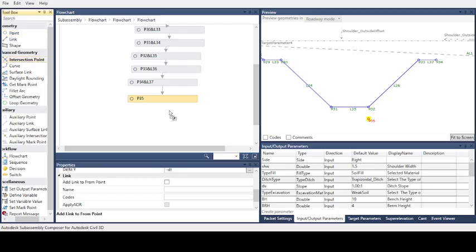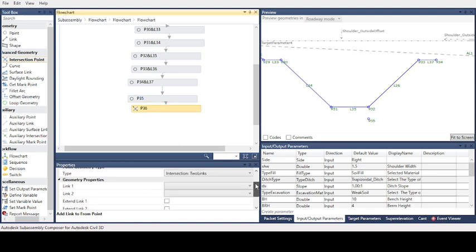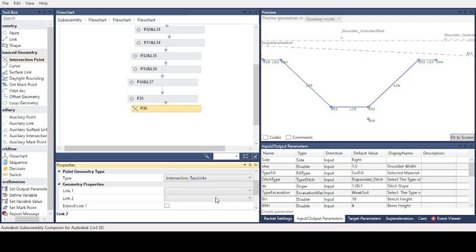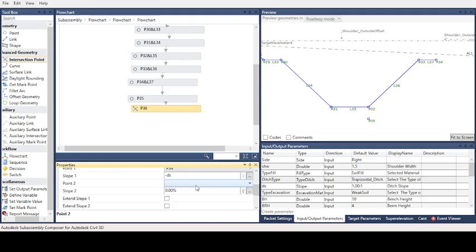Now intersection point: intersection 2 points and slope. Point 1 is point 34, and the value for this is negative ditch slope, the slope value. The second point is point 35,